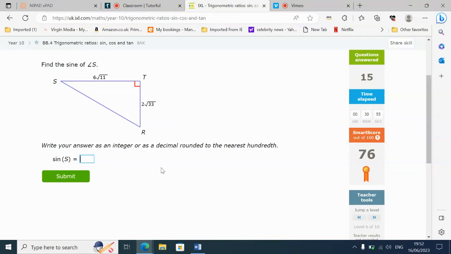Okay, now what do we need to do here? So we know sine equals opposite over hypotenuse. So what do we do now? We need to find out what the opposite is. No, we put the opposite over the hypotenuse. What have we got written down there? Do we not need to find out the square root of 33,